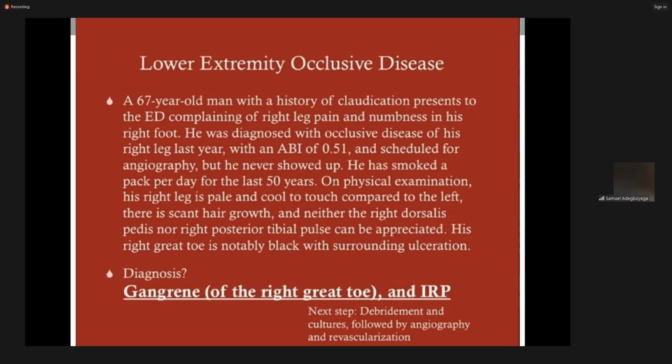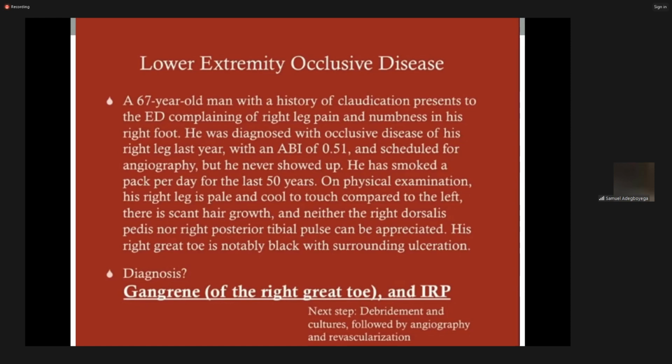Let me do this. A patient with ABI of 0.9, what is the next test that could be done? Exercise. Exactly. What I'm trying to say is anytime you see a normal ABI and the patient is still complaining of pain, your next test